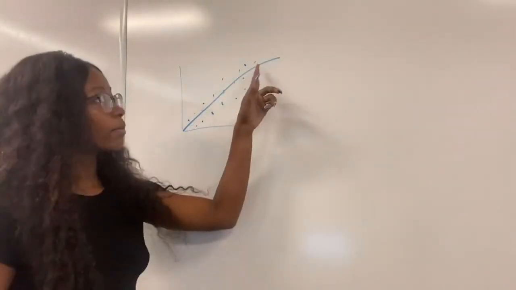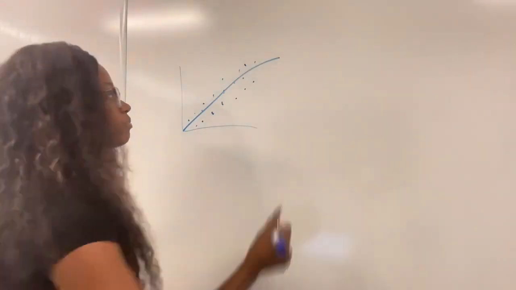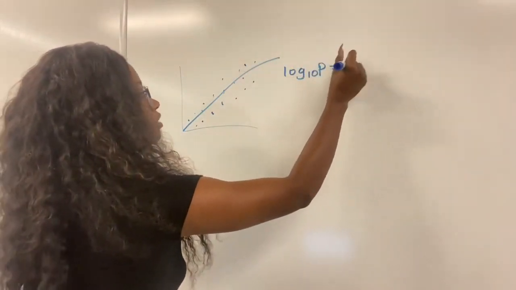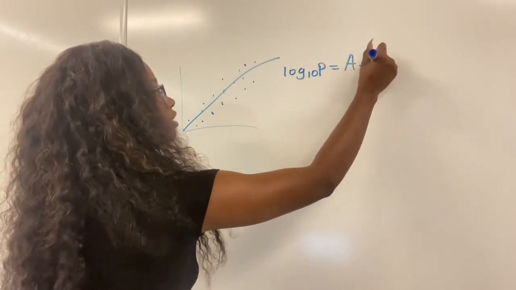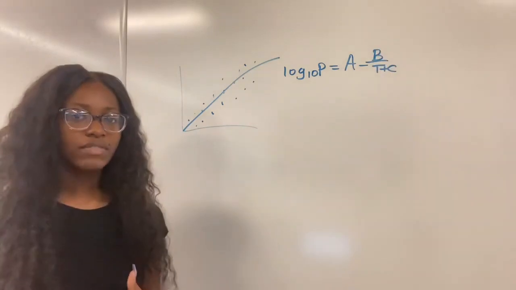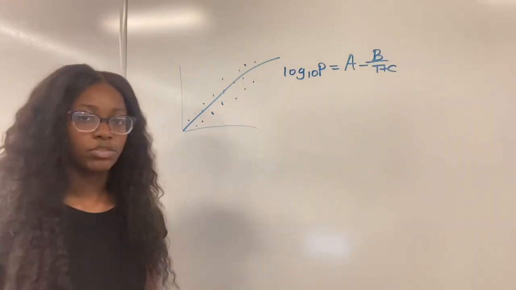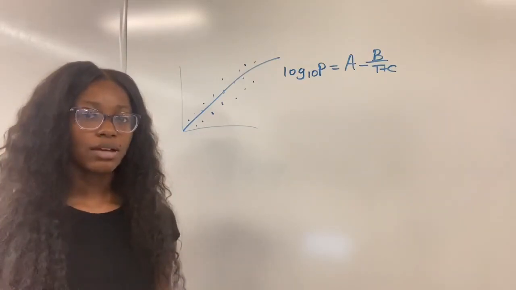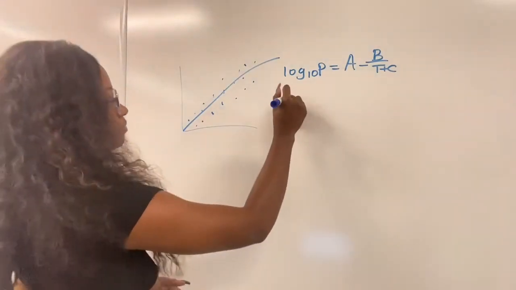And we have our model, the Antoine equation. So log base 10 of P is equal to A minus B divided by T plus C. And we'll want the deviations between our model and our data to be as small as possible. So let's add up the sum of our data